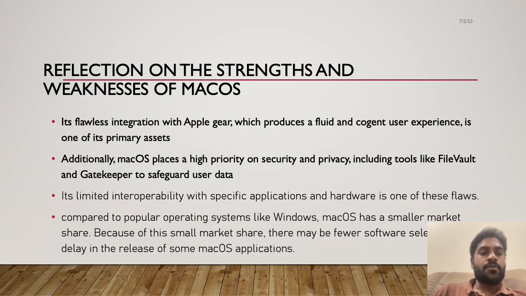Reflection on the strengths and weaknesses of macOS. Its flawless integration with Apple gear, which produces a fluid and cohesive user experience, is one of its primary assets. Additionally, macOS places a high priority on security and privacy, including tools like FileVault and Gatekeeper to safeguard user data. Its limited interoperability with specific applications and hardware is one of its flaws. Compared to popular operating systems like Windows, macOS has a smaller market share. Because of the smaller market share, there may be a smaller software selection and delays in the release of some macOS